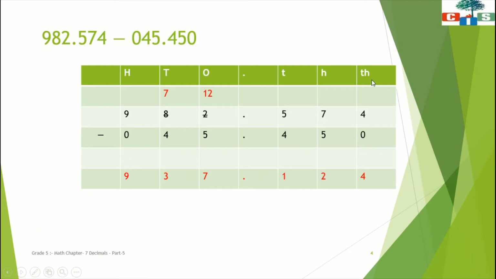So now we'll start from the 1000th place. 4 minus 0 is 4, because when we subtract 0 from any number, we get the number itself. Now we'll come to our next place value, which is over here 100. So 7 minus 5 will give you a difference of 2. Now we'll come to the next place value, which is over here 10, that is 5 minus 4. When we subtract 4 from 5, we'll get a difference of 1. So scholars, here we are done with our decimal part.